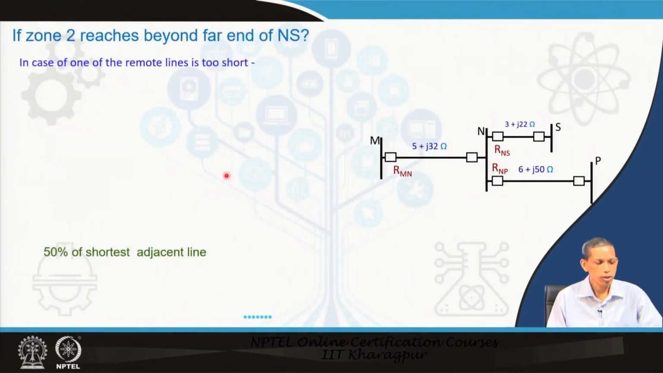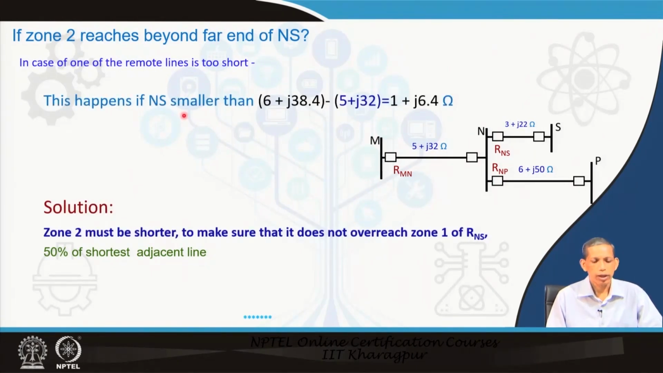A question comes: what if zone 2 reaches beyond the far end of NS? Suppose we have the flexibility of zone 2 setting of 120 times, 150 times of MN. If we take 150 times also, it may cover from here to beyond this also. Then there is a problem. In case one of the remote lines is too short, and NS becomes too small,